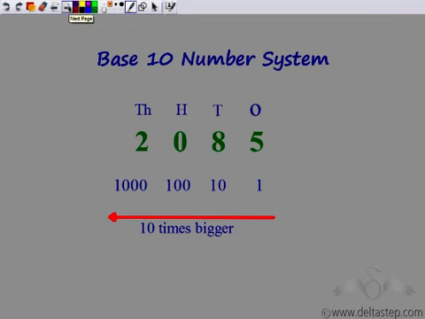What we observe is that the rightmost column is ones, which has a column multiplier of 1. Now as I move towards this side, the next column is 10 times bigger than the previous column, which is 10. Then again we have hundreds, which is 10 times 10, which is 10 times greater than the previous column. Again, thousands is 10 times greater than hundreds. So as we are moving in this direction, we see that we are getting 10 times greater number. Similarly, I can say that on moving towards right, I get 10 times smaller number.